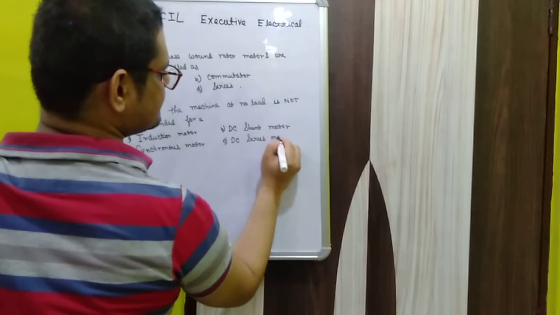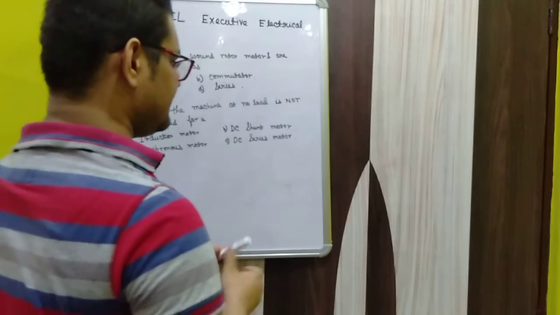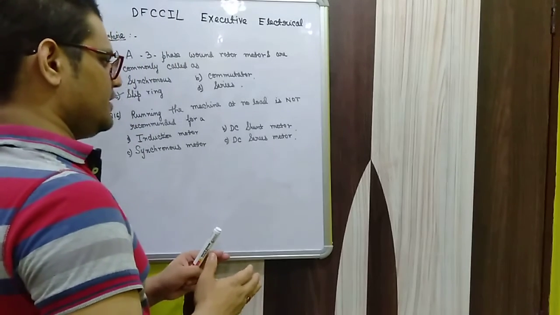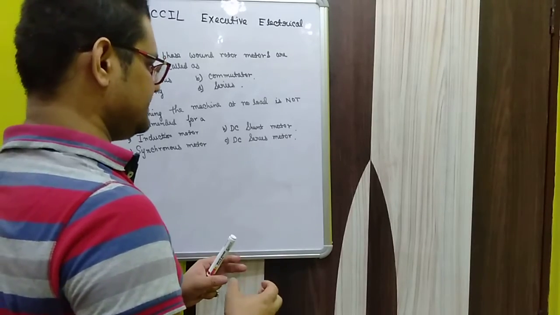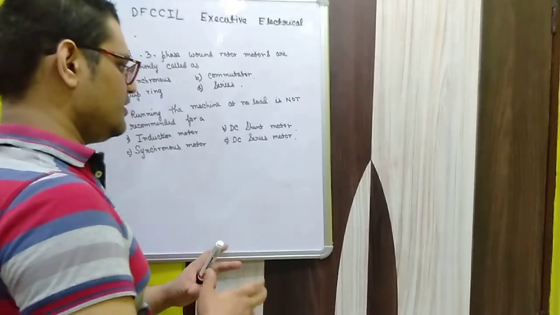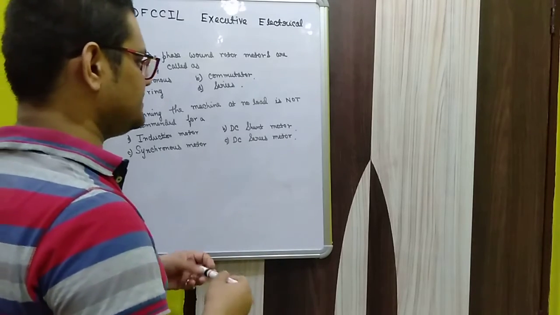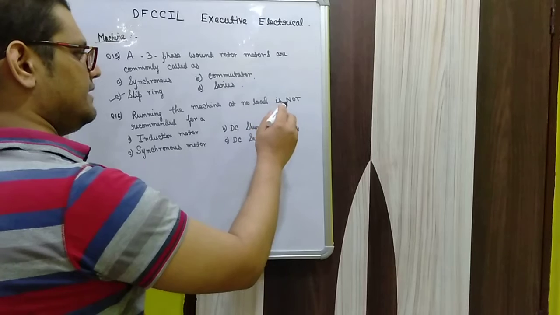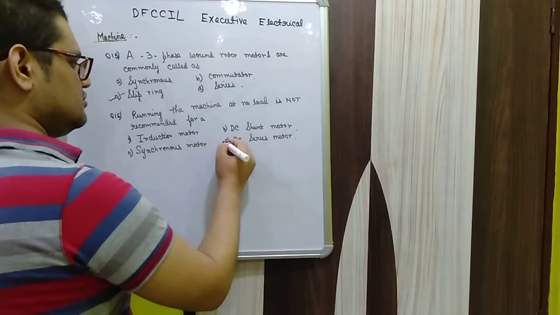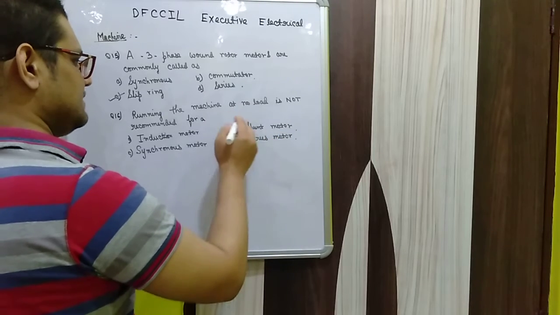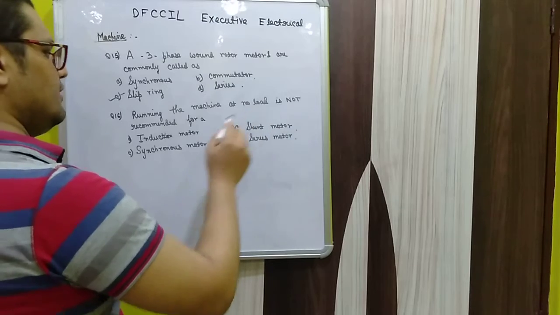We had discussed this one earlier also: in the case of a DC series motor, there is a requirement of load to start the motor, because the starting current is very high, and if the series motor is started without any load, the speed of the armature will be so high that it will burn out the armature coil. So it is recommended to start the motor with at least a small load. So the DC series motor will be the answer. The machine should not be run without any load.